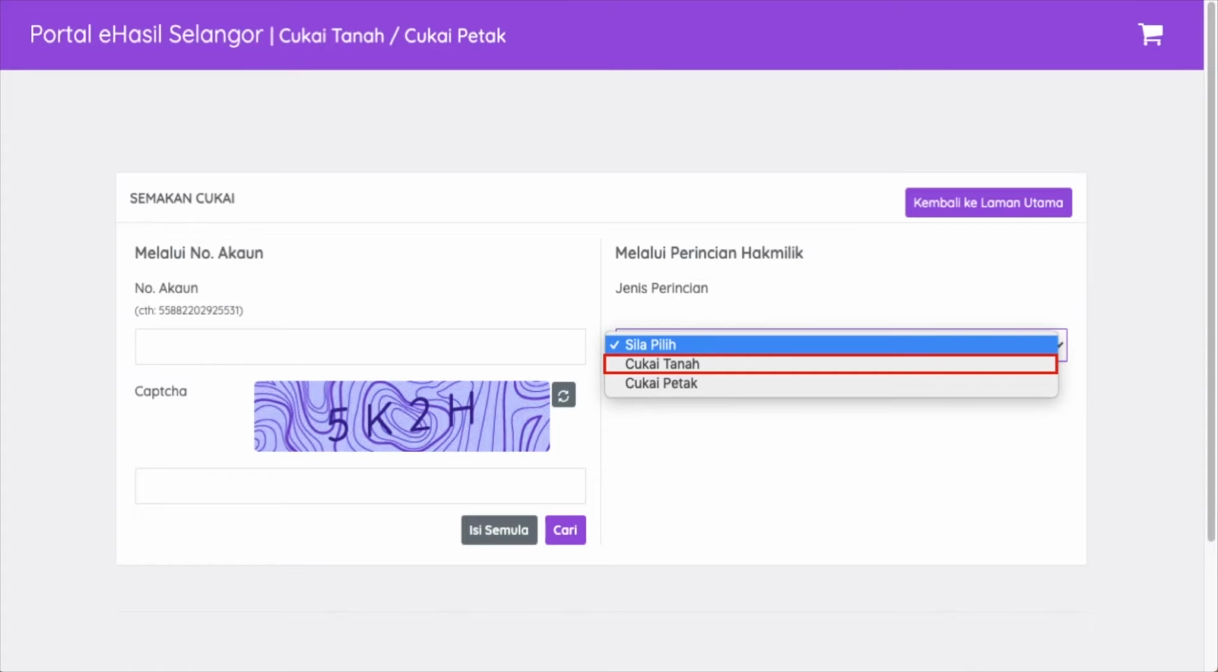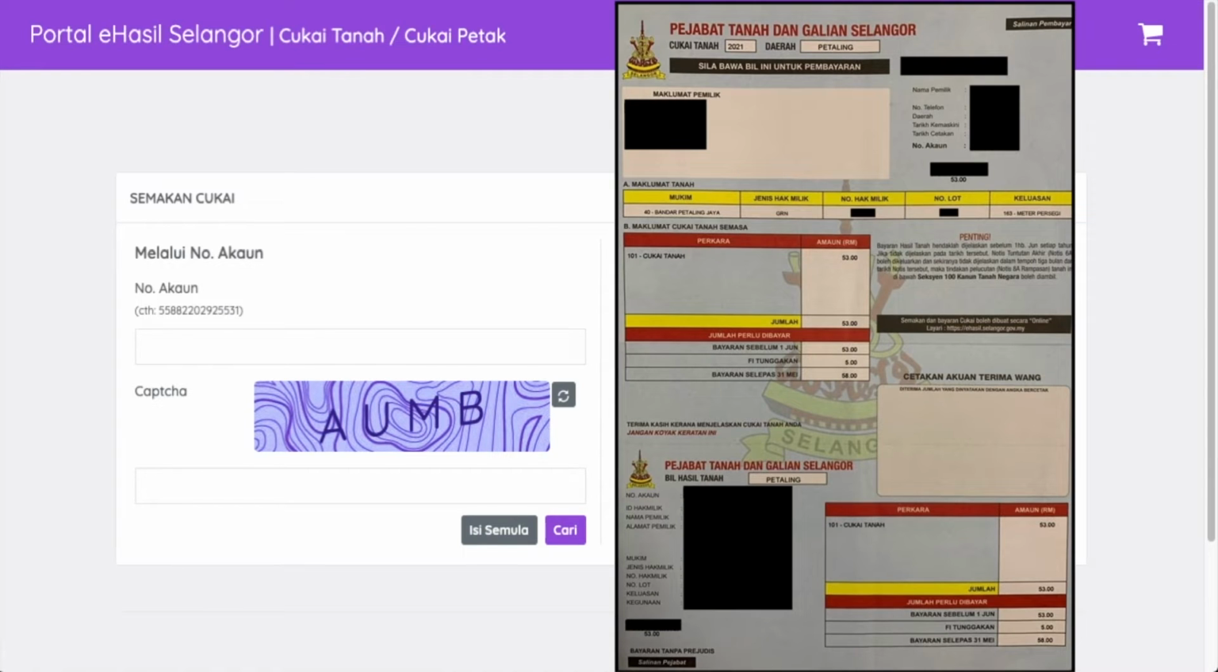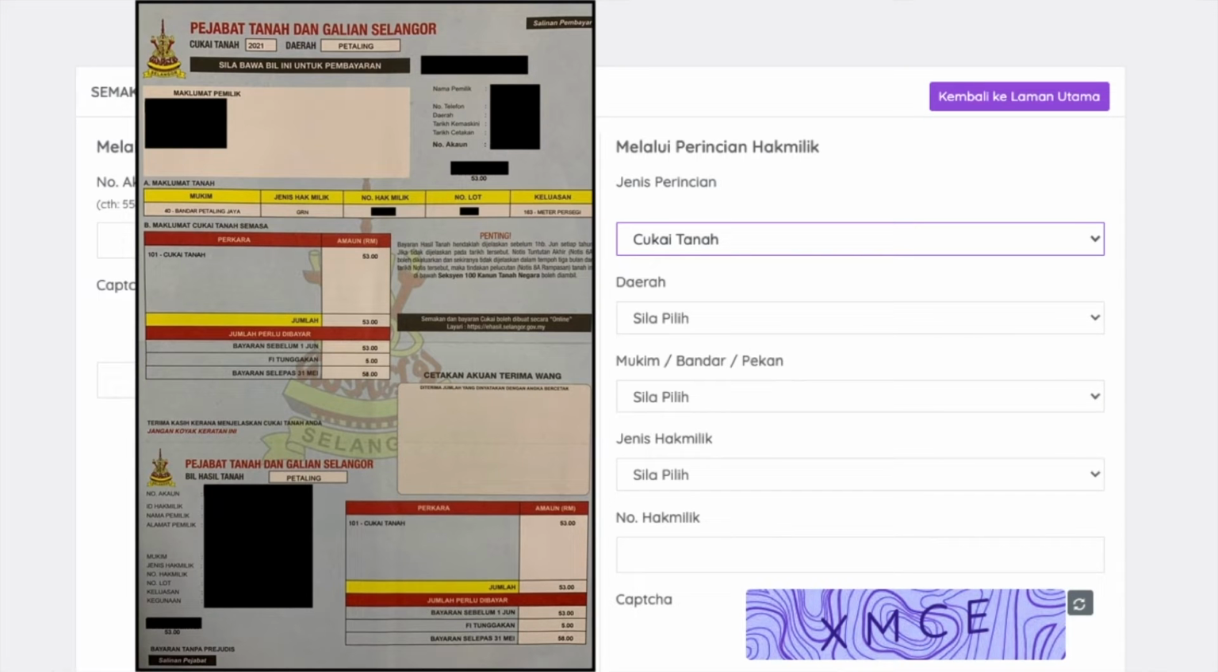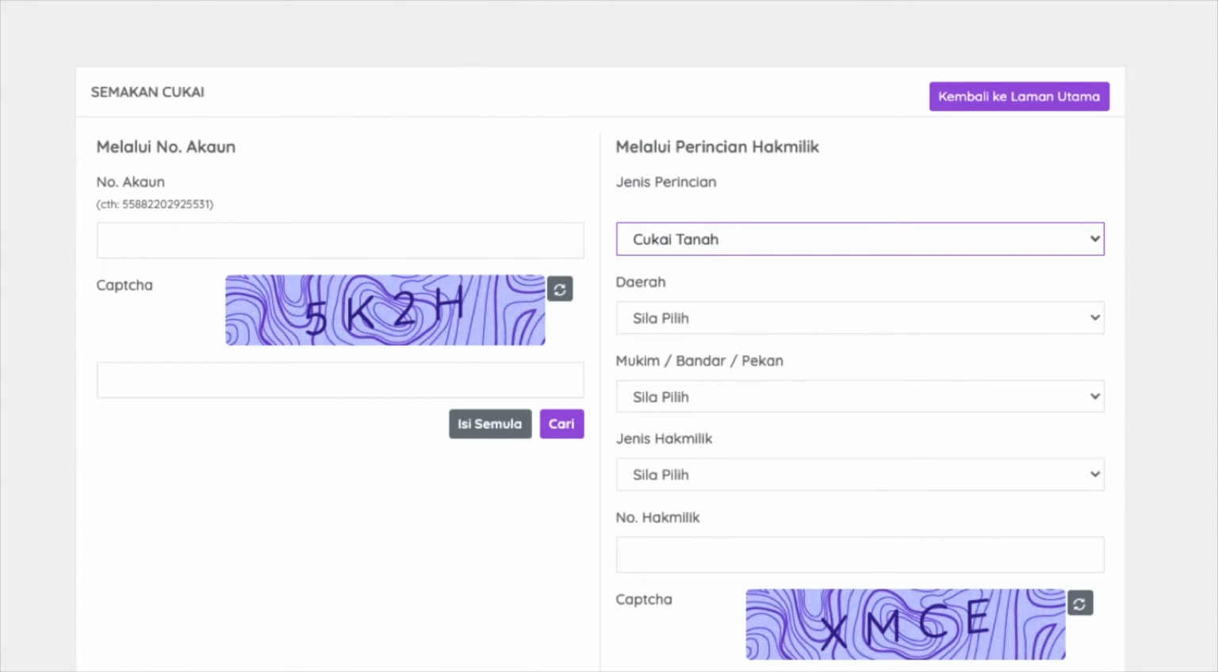And we are brought to the next page where you can make payment for the Cukai Tanah. So you can key in the account number or do the Cukai Tanah search by filling in the relevant information like the daerah, mukim, bandar or pekan, jenis hak milik and nombor hak milik. So once you key in either the account number or the relevant information for the Cukai Tanah, click Cari to